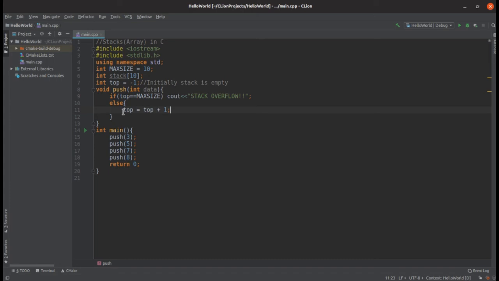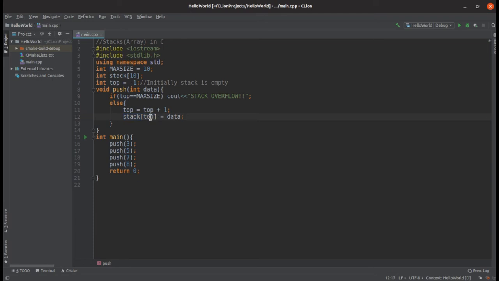And we will have to make sure that this top value does not increase or overflow beyond the maximum size, that is 10 in our case. And after incrementing the top value, we will assign the data that is passed at the time of function call to this push function